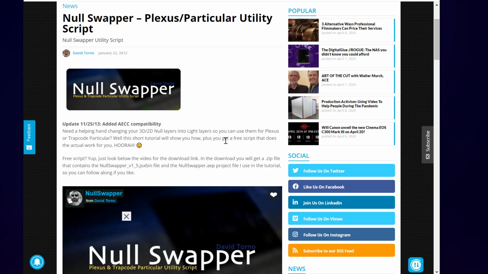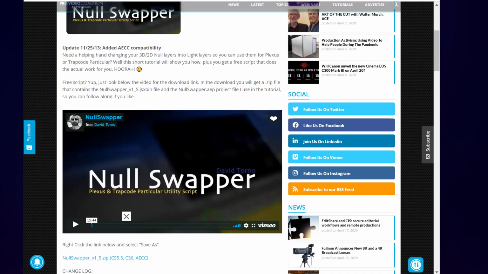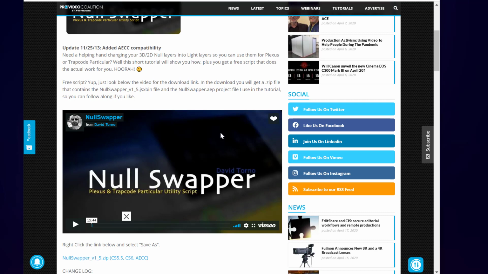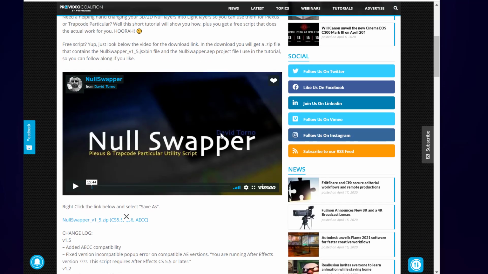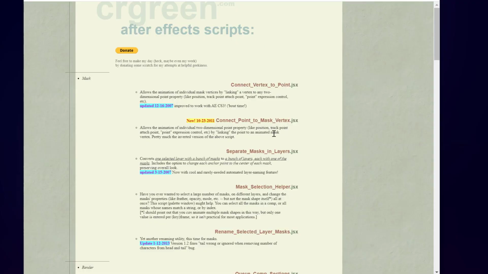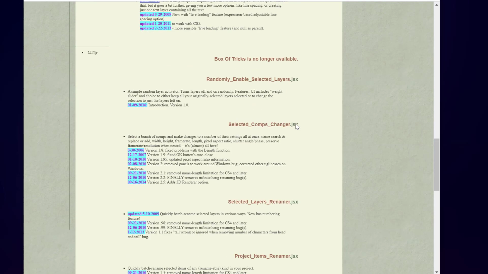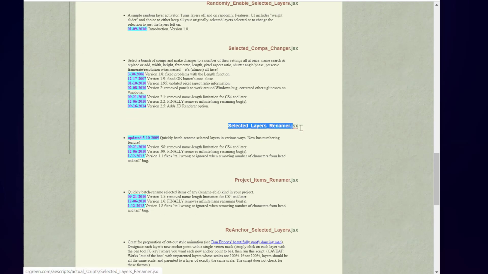So when I bring those locators in from Maya, they're coming in as locators, and I'm swapping them to point lights. So this is a great tool for automating that process, which is recommended if you're going to do this approach from Maya. And then the other thing that I'm using is an older script, but it's called Selected Layers Renamer.